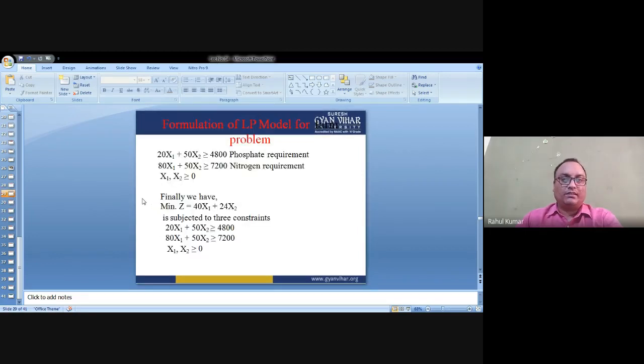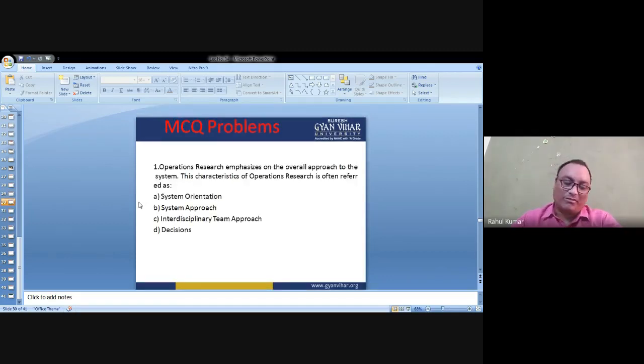So this is the homework problem. You can solve this problem by any method. Then move to the next section. This is the MCQ problem section, and in this MCQ problem section,